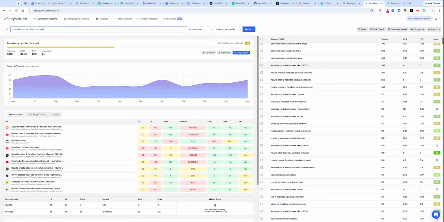So these are just different things that you can analyze to figure out if I wanted to run ads for a keyword like that, this would actually be really good, because for how to create a faceless YouTube channel, they see an ad. When they click that, they land on my page and they see, wow, here's a really good article or information on how to build a YouTube channel, and then I have an opt-in, I can either sell a product or have an opt-in that says, do you want our framework for how to build a faceless YouTube channel? I can start getting leads. Then what can I do?